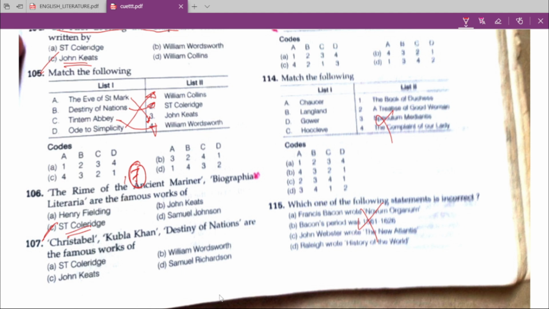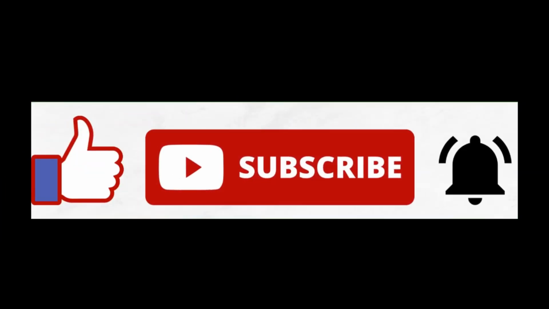by Wordsworth and Coleridge. Christabel, Kubla Khan, Destiny of Nations are the famous works of S.T. Coleridge. Christabel and Kubla Khan, Destiny of Nations, these are all works written by Samuel